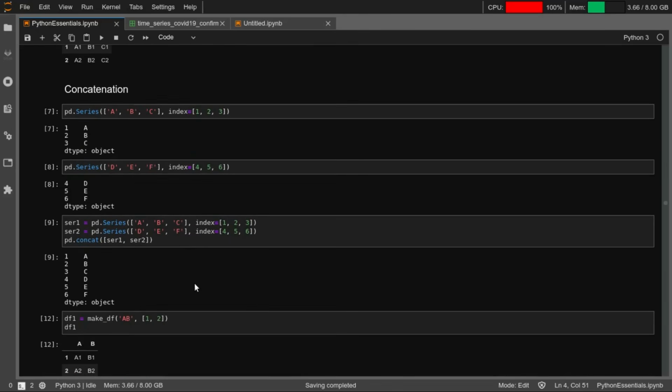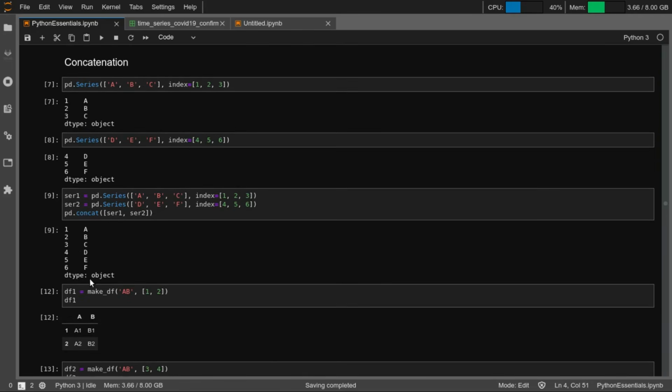We're going to look at concatenation first. Let's say you have two series. A data frame is where you have multiple rows and multiple columns. You can also have a series, where you do not have multiple columns but just a single dimension. It does not have 2 or 3 dimensions to it.